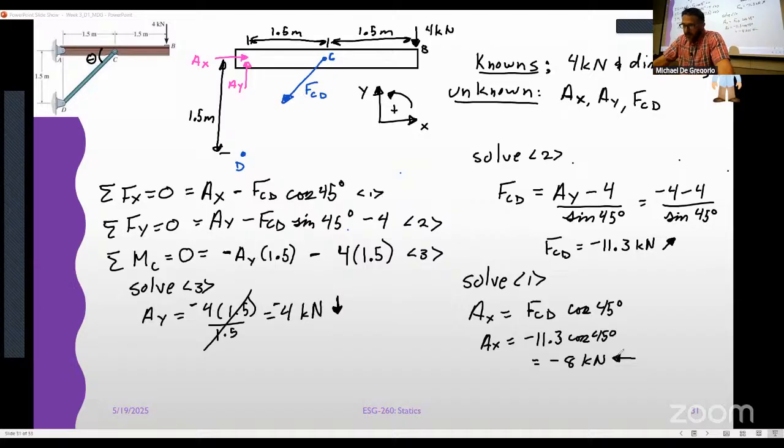Notice that I plugged in the negative 11.3, not just 11.3. So keep the signs when you plug into your next equation. Don't just do the magnitude, right? Put the signs, well, technically it is the magnitude. Make sure you keep the signs as you have solved them when you plug back into other things. Because if you don't put negative, you're going to get positive, and it's going to tell you that that's pushing off the wall. But then if you did the sum of the forces, it's not going to work for you. Right?